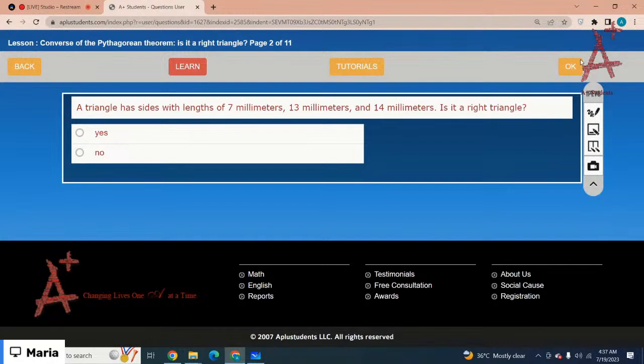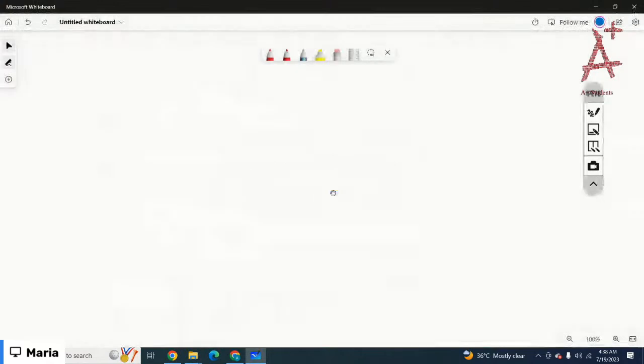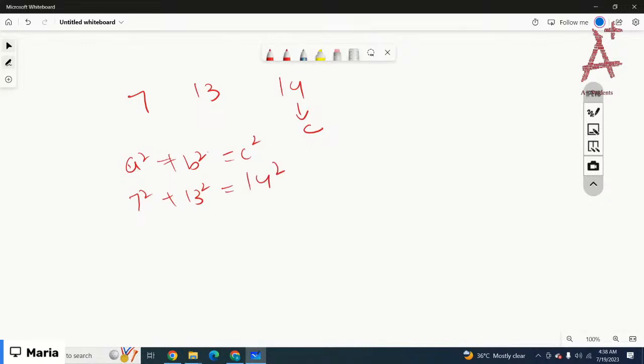Okay, the next one is a triangle has side lengths of 7, 13, and 14. Is it a right angle triangle? Let's see, 7, 13, and 14. This is c. The longest side is always c. So it would be a square plus b square equals c square. 7 square plus 13 square equals 14 square. 7 square is 49, 13 square is 169, and 14 square is